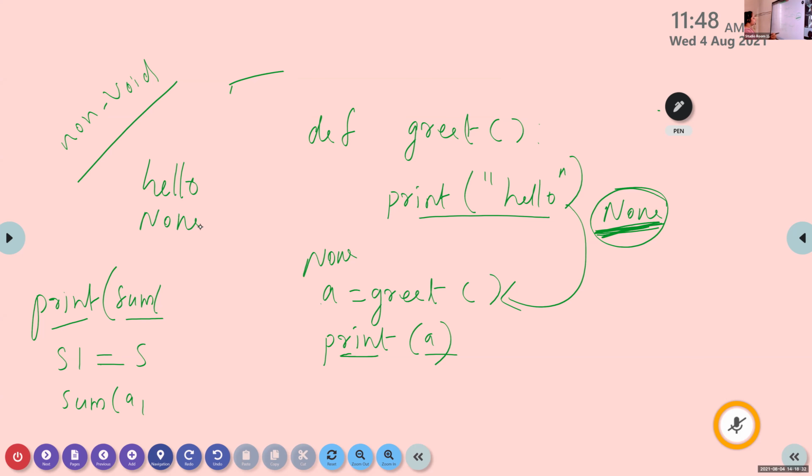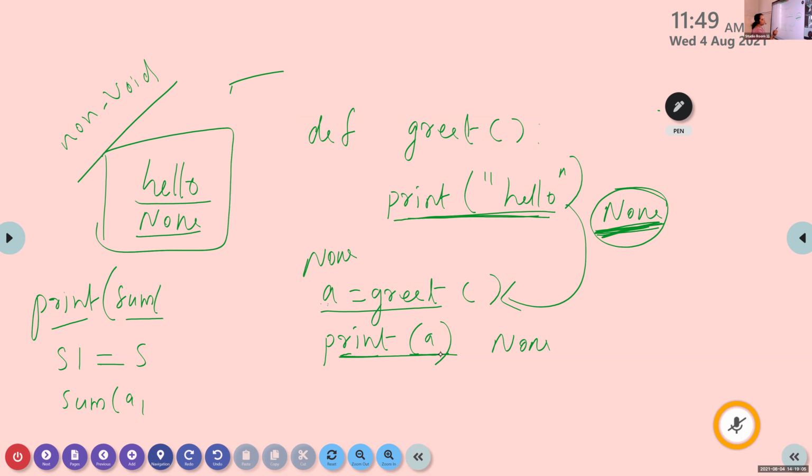So if I'm using A is equal to greet with empty brackets, then after executing this function, it will assign this None value to A. So after executing the statement print A, the content of A is displayed. Content of A is None. So for this program, the output is first it will print hello here, then after that, None based on this A.